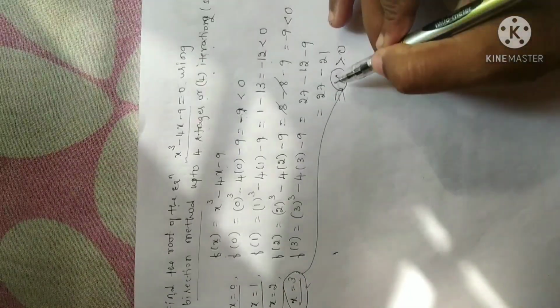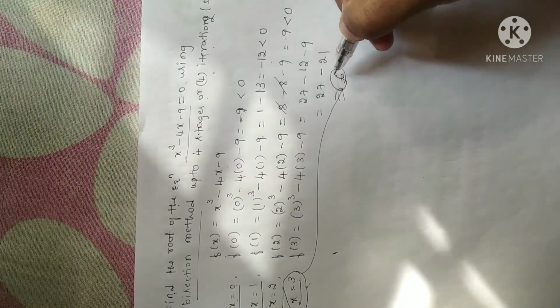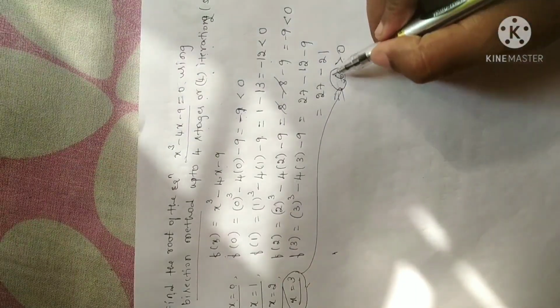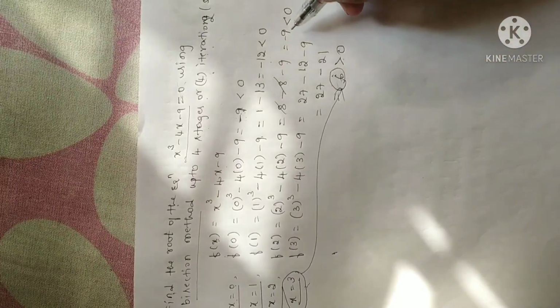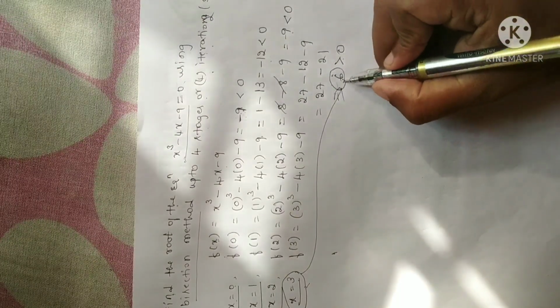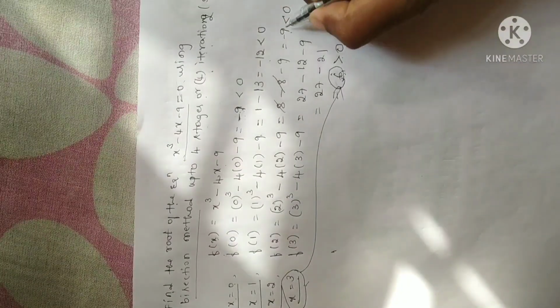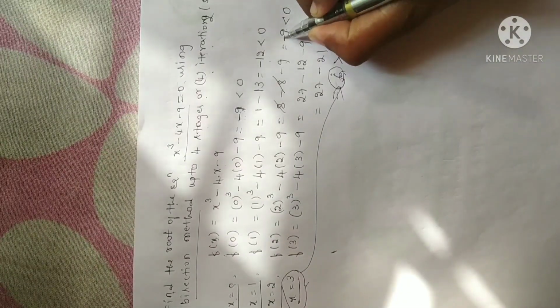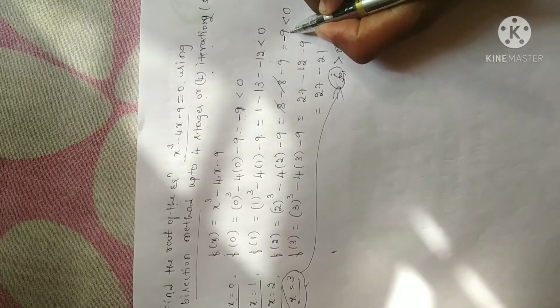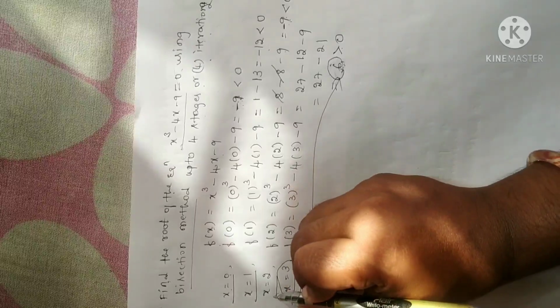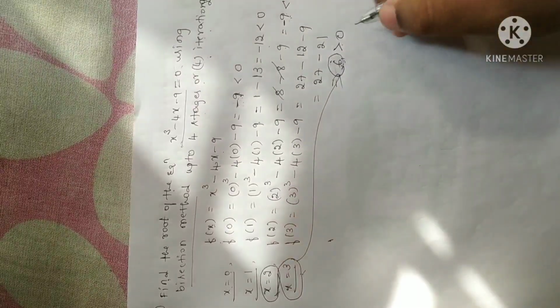Next, look for the just preceding step to the positive value for which you have a negative value. I have a positive value for x is equal to 3. For the next preceding step, we have to check for the negative value. Do we have a negative sign? Yes, we have. So for which value are we going to get negative? So x is equal to 2.